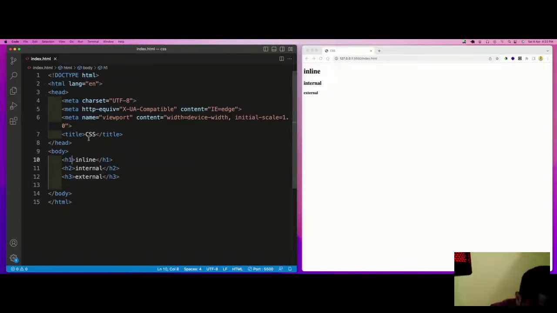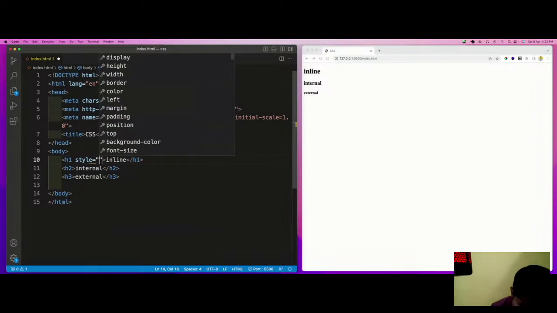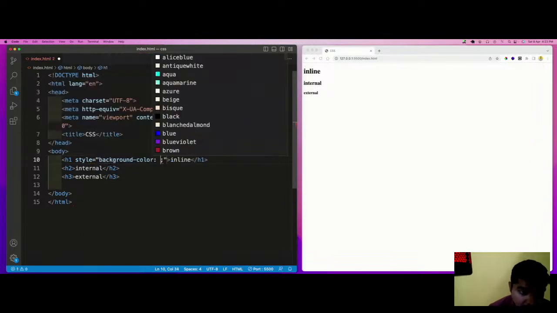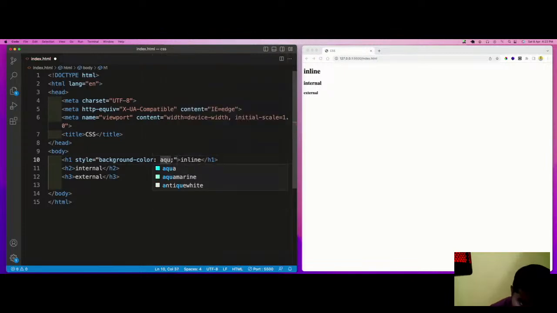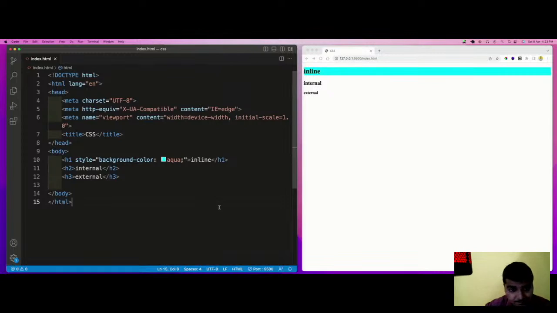So with the help of the style tag, background color, we picked the aqua color as a background and we apply it directly to the HTML tag. So that is how it goes. Now check out the H2.